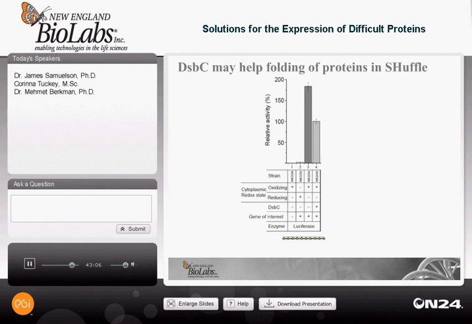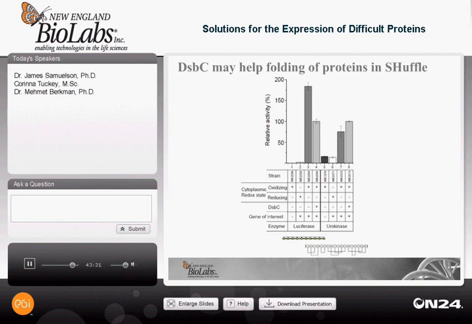In the case of this luciferase, which has multiple cysteines with unknown pattern because it hasn't been crystallized yet, we see that DsbC is actually detrimental to its folding, and we see a reduction in activity when expressed in cells that express DsbC. Another protein, urokinase, which is highly dependent on DsbC when expressed in the periplasm, does not seem to have much dependency, and we see a modest improvement in activity.